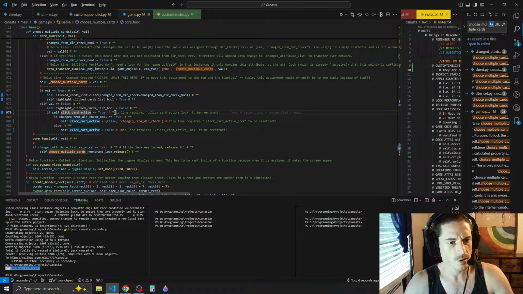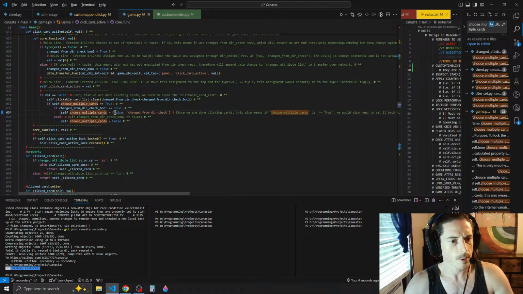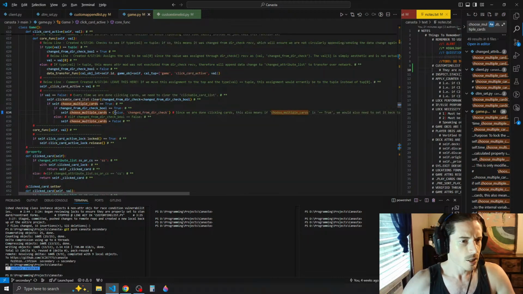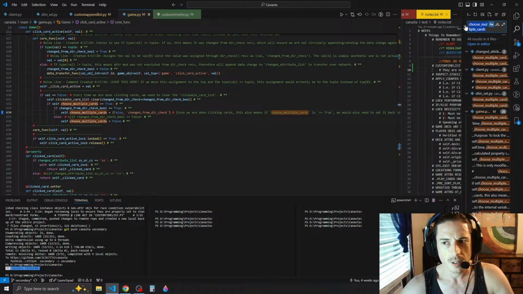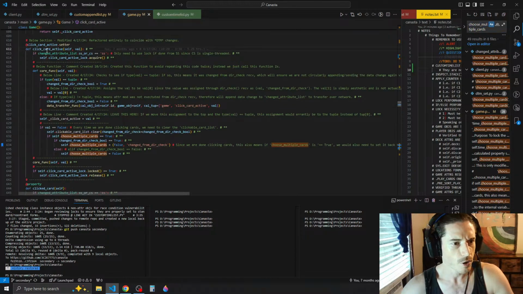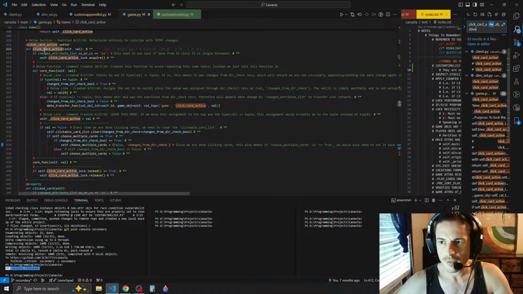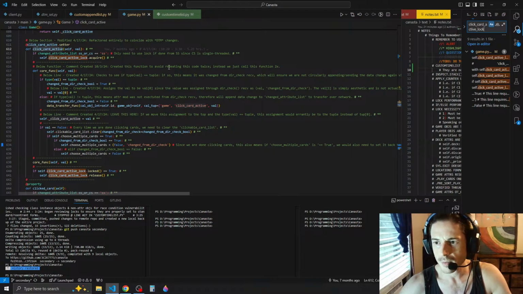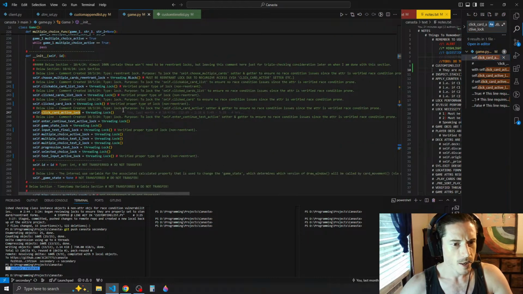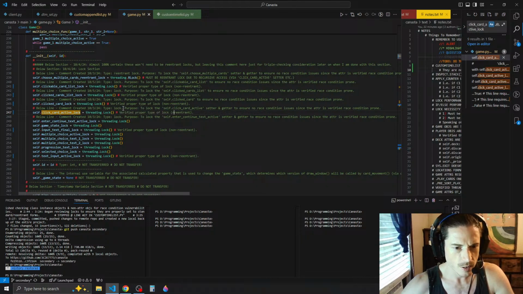So let us go to, we can Control Alt Z this because we're done with that one. So we're going back to click card active, and let's see, click card active lock. Let's click right here and Control Shift F and add lock to this. And then we'll go to where it's defined, and we'll put this note, verified proper type of lock, and this is going to be re-entrant. So now we're going to change this to be called the click card active re-entrant